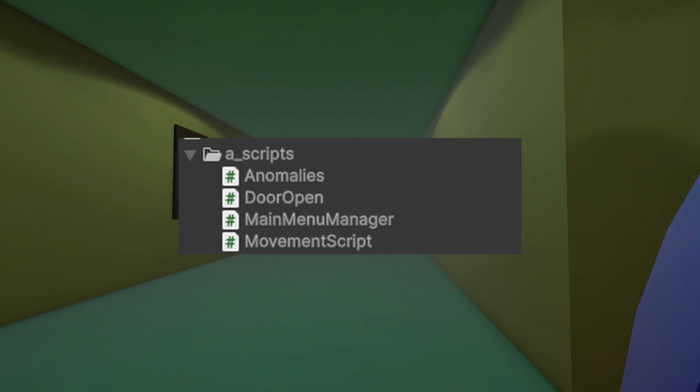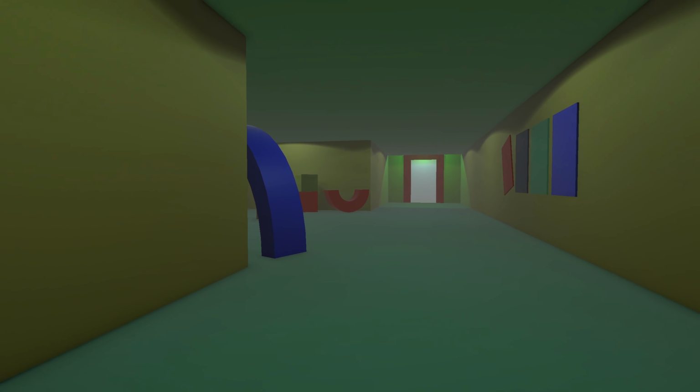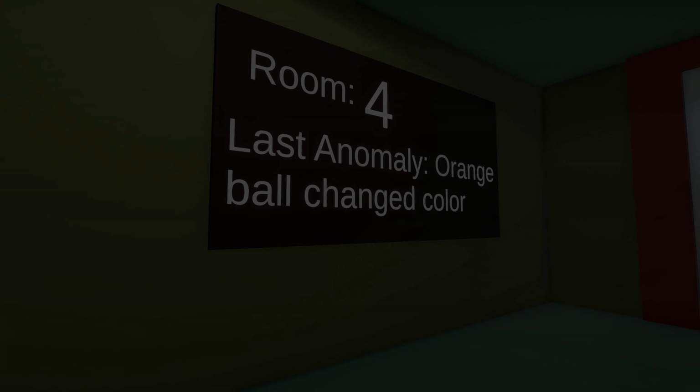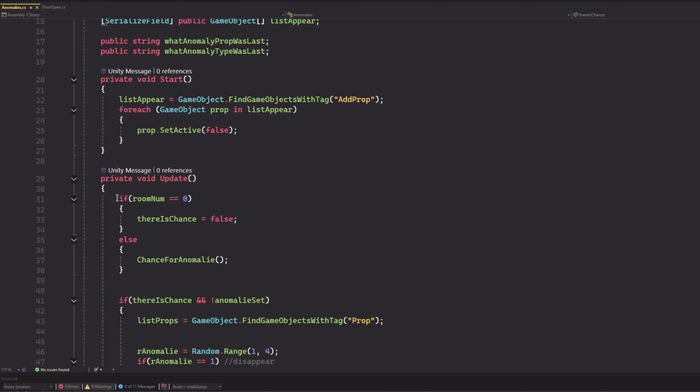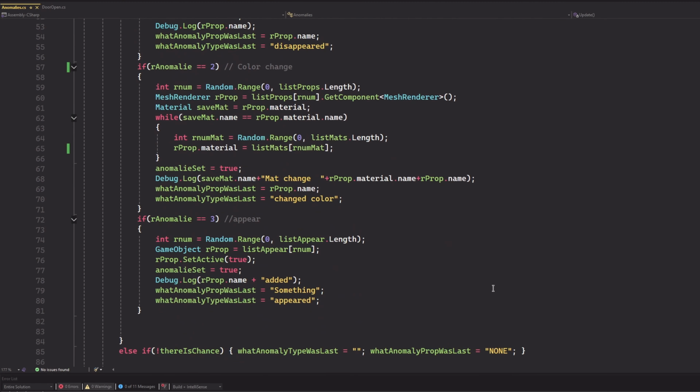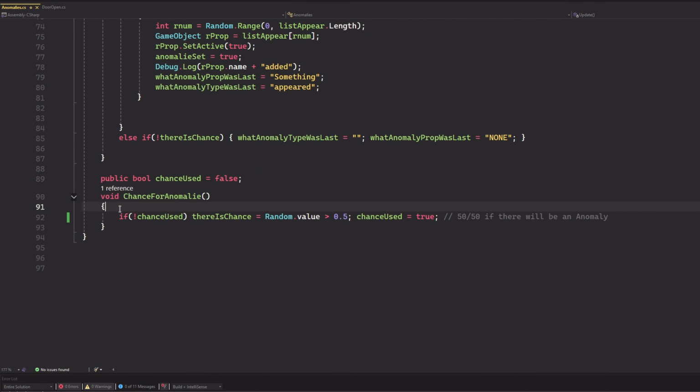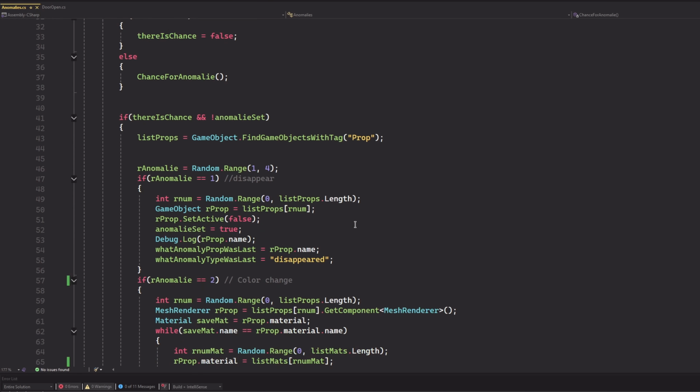The game works with 4 scripts. The movement script and the main menu script are pretty self-explanatory, so I won't go over them. So here we have the anomaly script. Here we said that if you're on the room 0, there's no way that you can get an anomaly, and otherwise there is a chance that you will get one. The chance is here, so there's a 50-50 chance that there will be an anomaly, and if there is, we